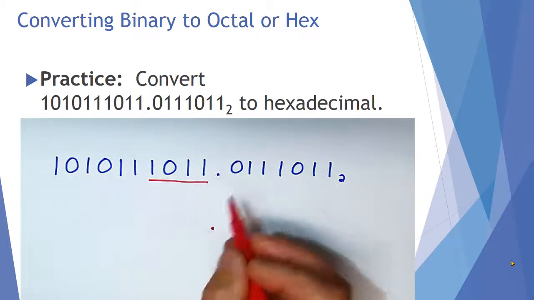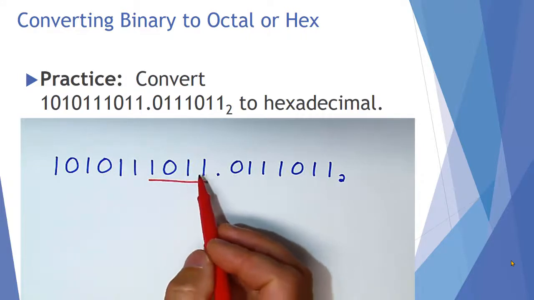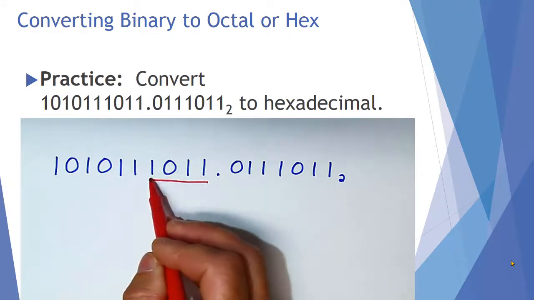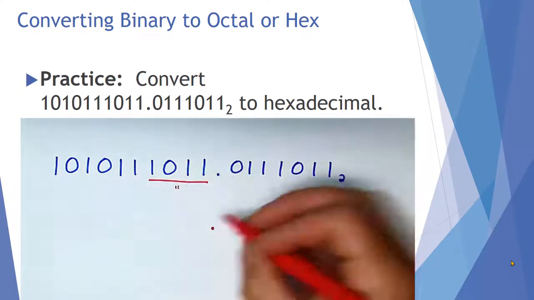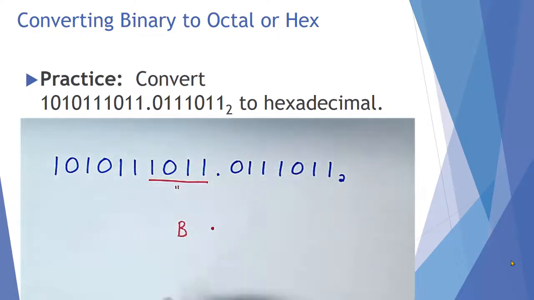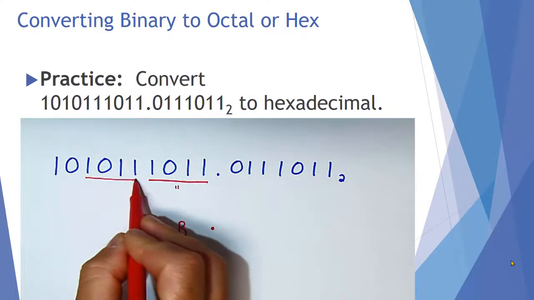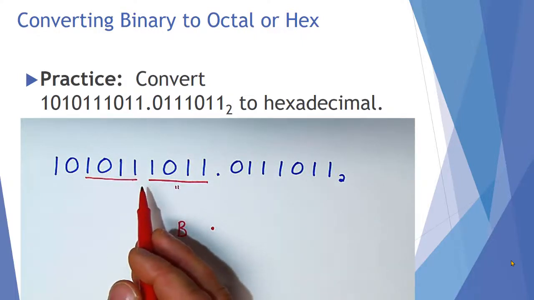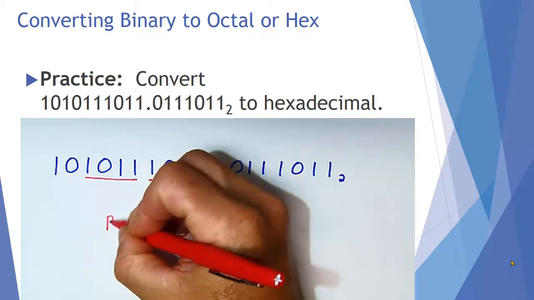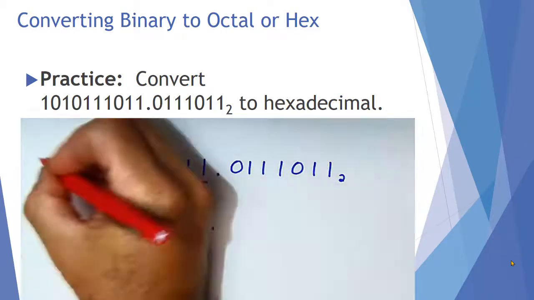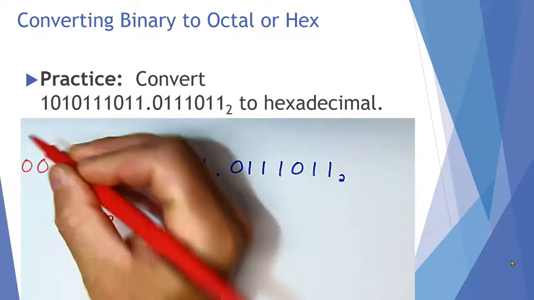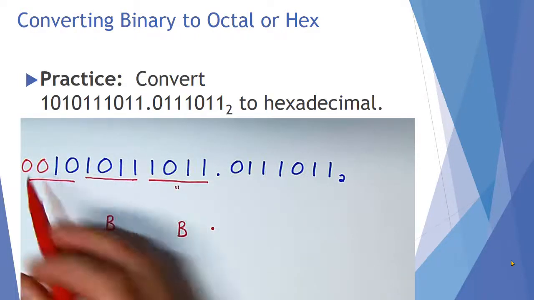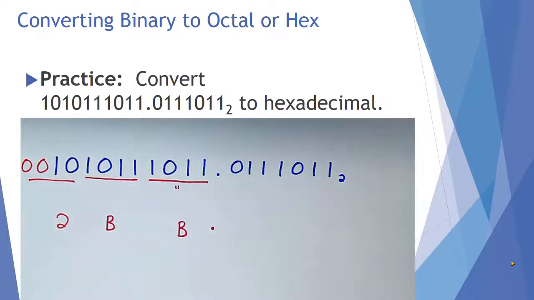4 groups to the left, that's 1011. 1, 2, 4, 8. So 1 and 2 and 8 makes 11, but 11 is B. The next group of 4, 1011. Oh, that's the same thing we just had, right? So that's going to be another B. And to the left of that, we need a couple zeros to make a group of 4, which means no 1s and a 2, 2. So 2BB,